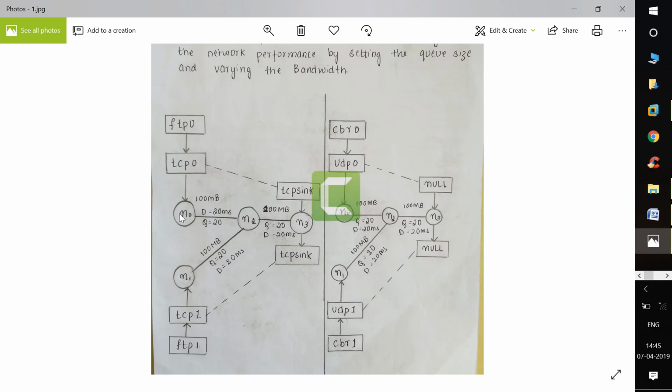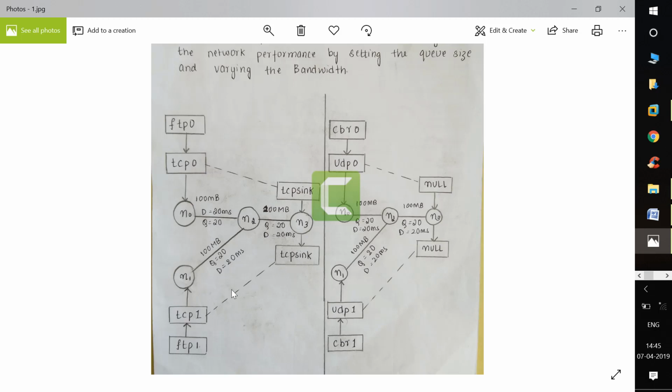This is the first experiment, wherein we are creating two sources and one destination. You can create multiple sources with TCP and FTP connections, then you need to use multiple TCP sinks to connect them. Here also you can see there is a connection between TCP agent 1 and the TCP sink.